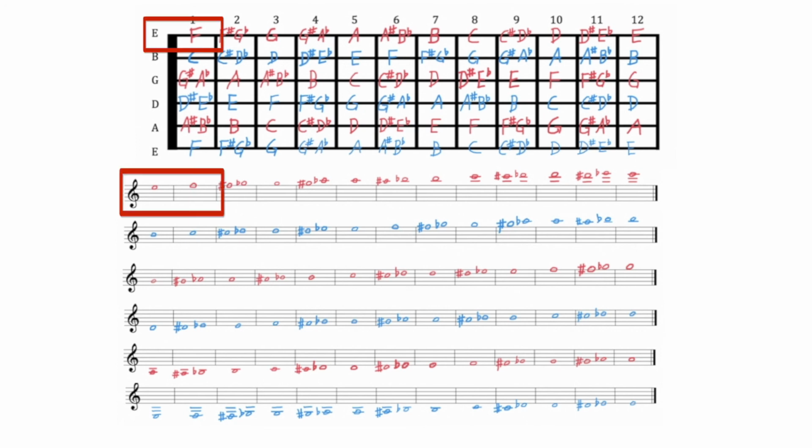So, for example, here we have an E and an F note right here on the first string of the guitar. That same E and F note can be played here on the B string, and it could also be played here on the G string of the guitar. Now, if we continued even higher beyond the 12th fret, we would find those notes on the D string and potentially even on the A string, depending on the number of frets that we have.